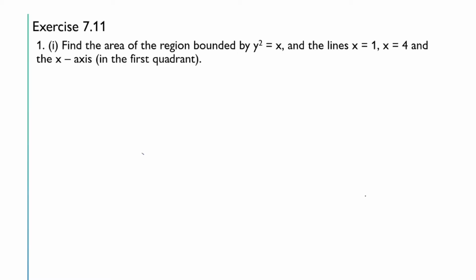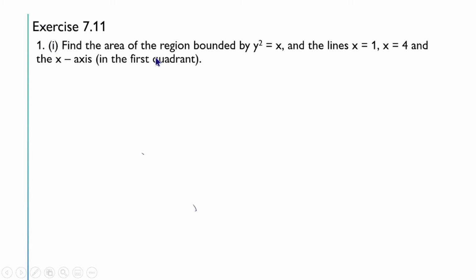Now these are the questions from the 11th exercise of chapter 7 integrals from the book Applied Mathematics class 12 by Yamal Agarwal. In my introduction video on definite integrals, I have explained how we can say definite integrals as area under the curve. So here we will see some of the questions where we can find the area of bounded regions. So the first question,